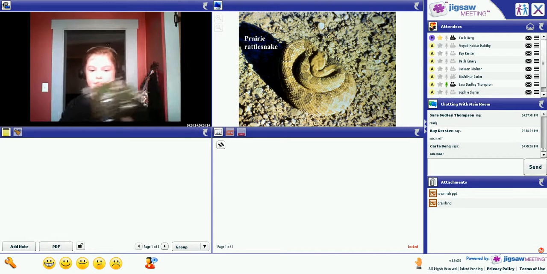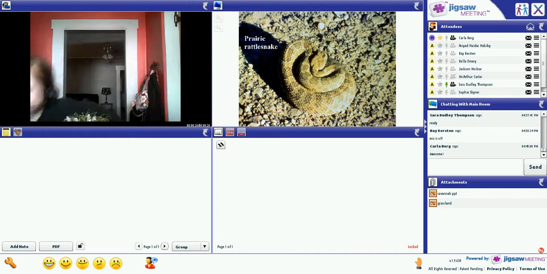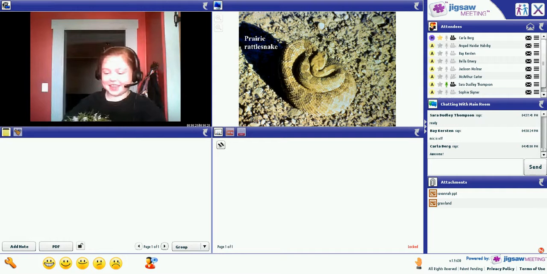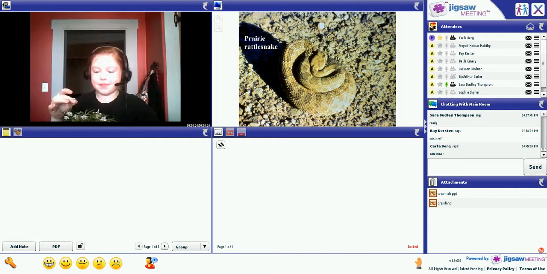This is my terrarium, and I chose this plant out of our yard.